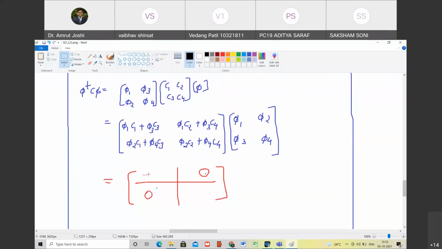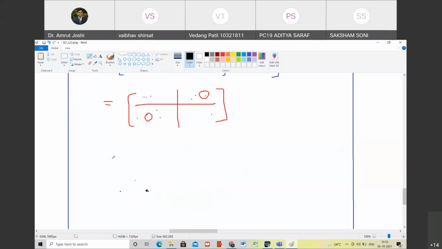Okay. We have these elements are 0 anyway, that is known. We have to calculate these two elements, right? I lost the track. Are you with me? Okay, sir. In phi transpose C phi, we already know that the off diagonal elements are going to be 0. We are interested in the calculation of this element and this element. Happy? Yes, sir. So what is that element? Can you tell me? So let me write this down.